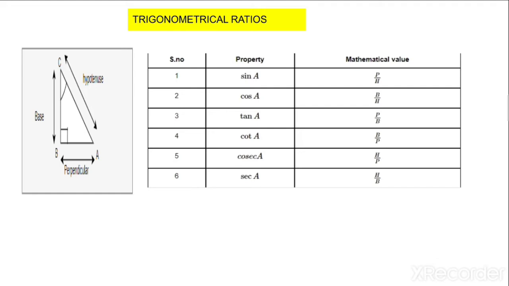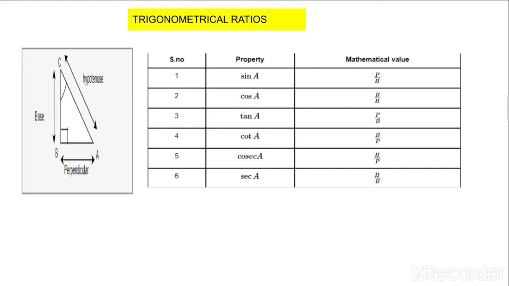Now you might be thinking, ma'am has given 6 different ratios and it is also confusing, perpendicular, hypotenuse, base, how will I remember which ratio name is which one? How to remember that? Don't worry, I'll share a very simple and easy trick with you. First of all, notice one thing: when we discussed 1:2 ratio, then 2:1, 3:2, 2:3, that means we have one inverse of the other.